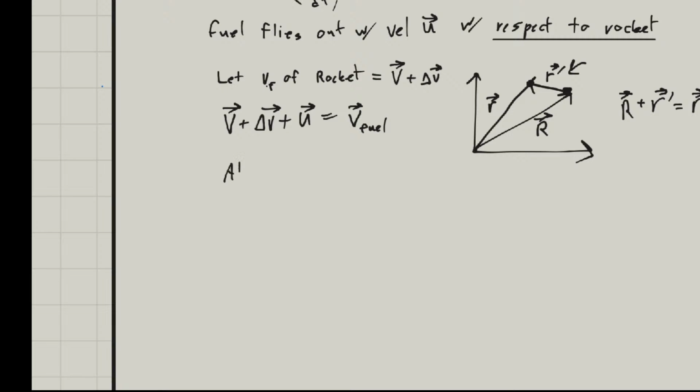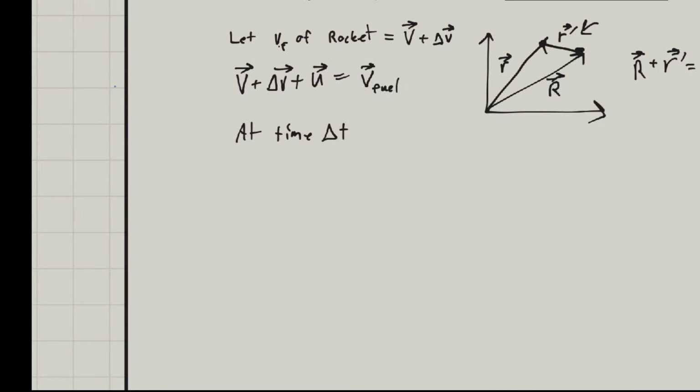So at time t plus delta t, and again we're going to consider the rocket and the fuel as one entity, and we're going to find the net momentum of that one entity, because we're viewing them as one closed system of particles. So p of t plus delta t equals